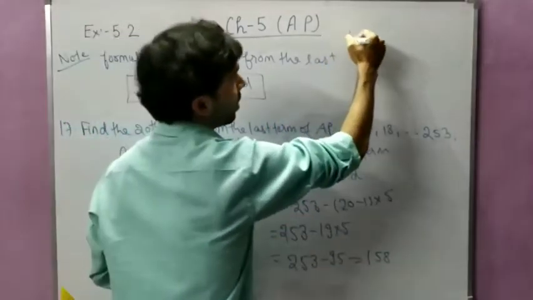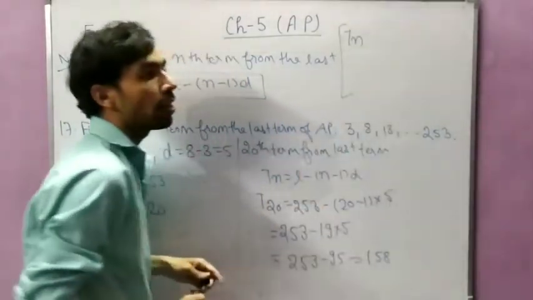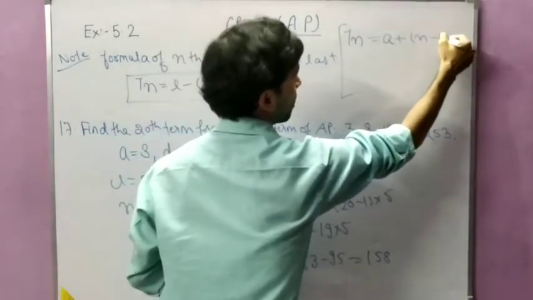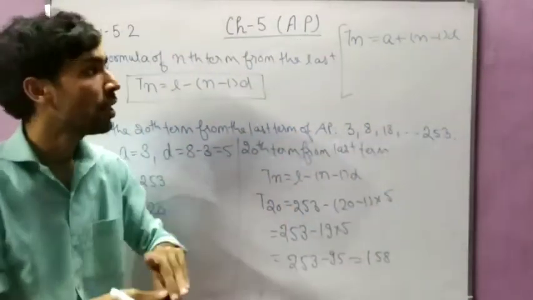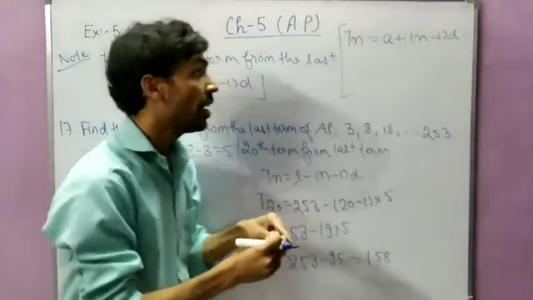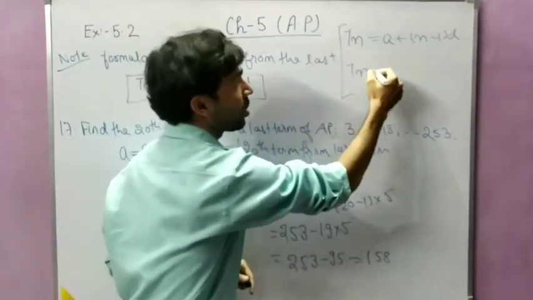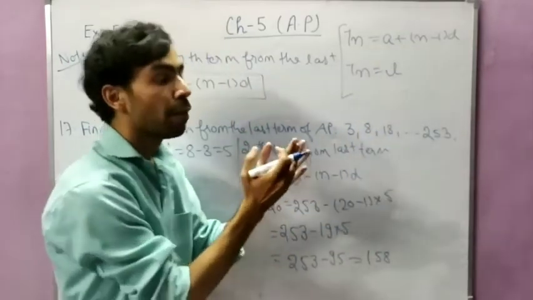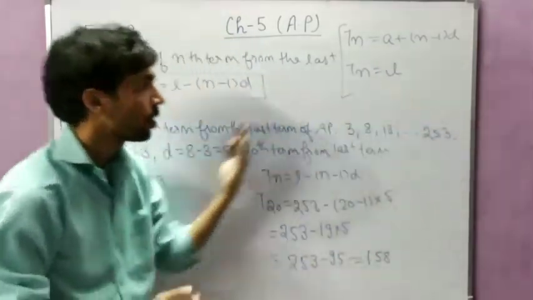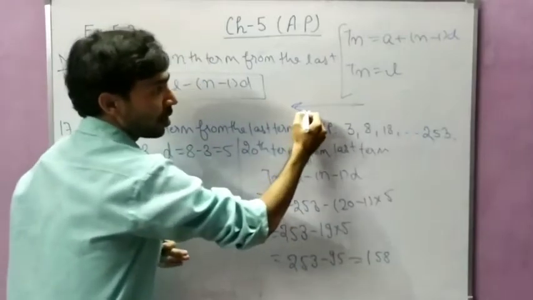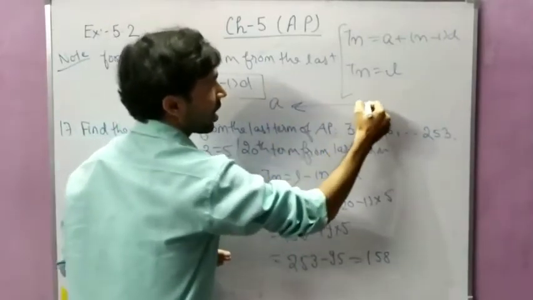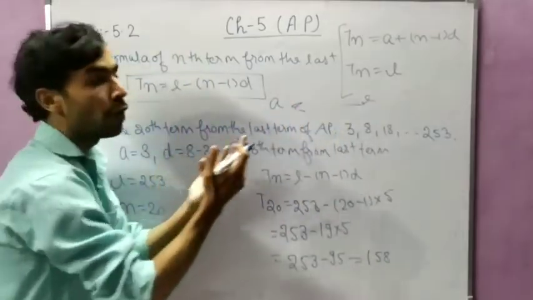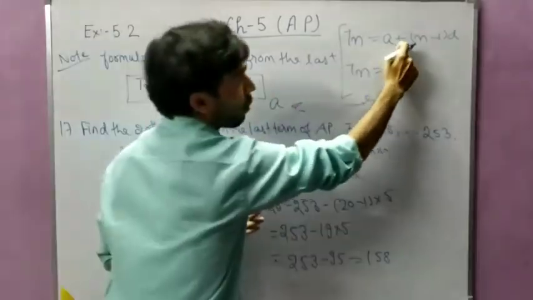One trick to memorize the formula. See, when you are calculating the nth term from the starting, you are using a plus this formula, from the starting, so that's why you are using the first term. And when you write from the last, in place of a you are using L. And when you are moving in this direction, it is the first, it is the last, and you are moving from the last, so you are coming in the back side now. So when you are coming in the back side, in place of plus here is minus.